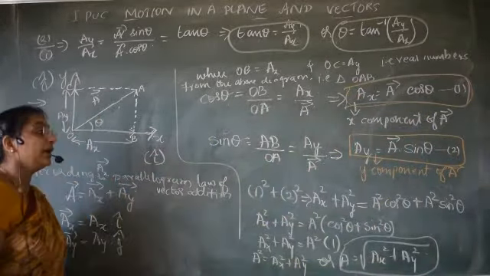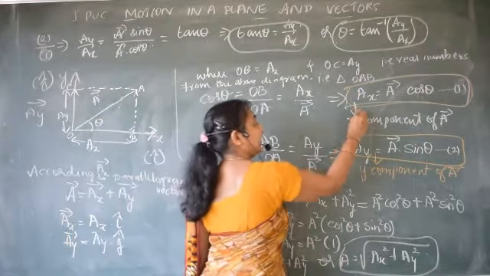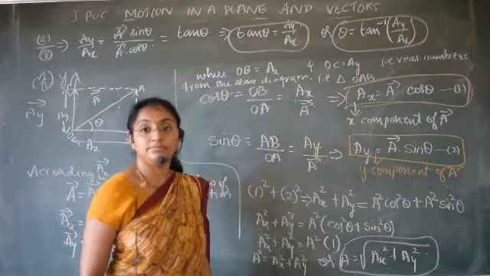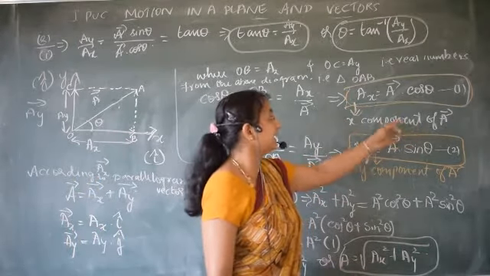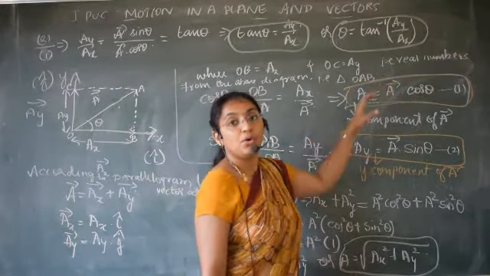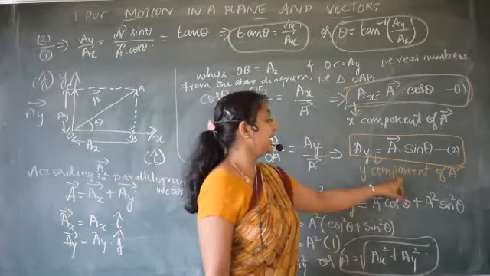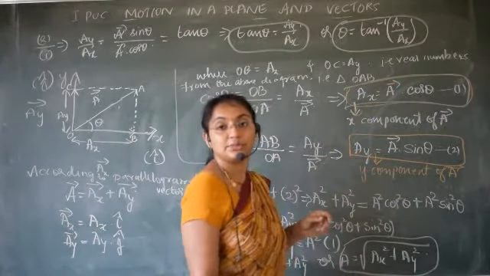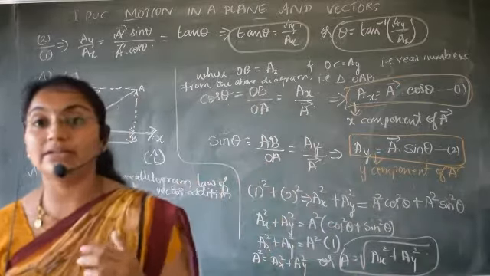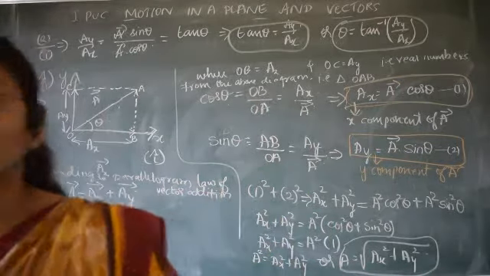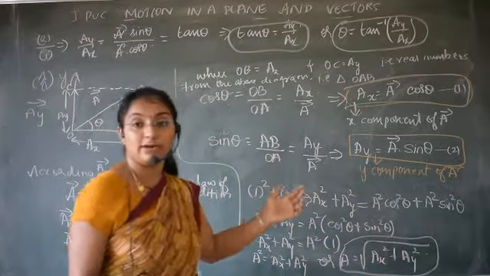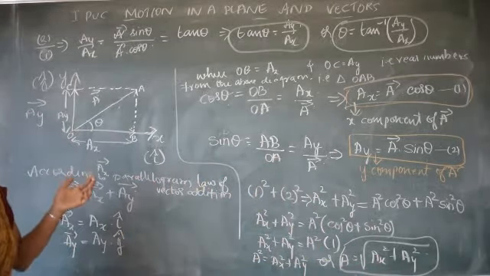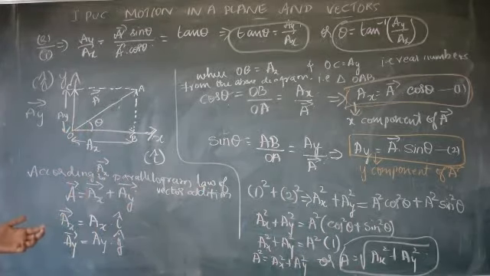Very, very important. In the derivation you don't write like this. You write one note: the x component of a vector is, then write this expression. The y component of the vector A is, write this expression. Like this you have to write the note, so that you will not forget. Very, very important for 2 marks.